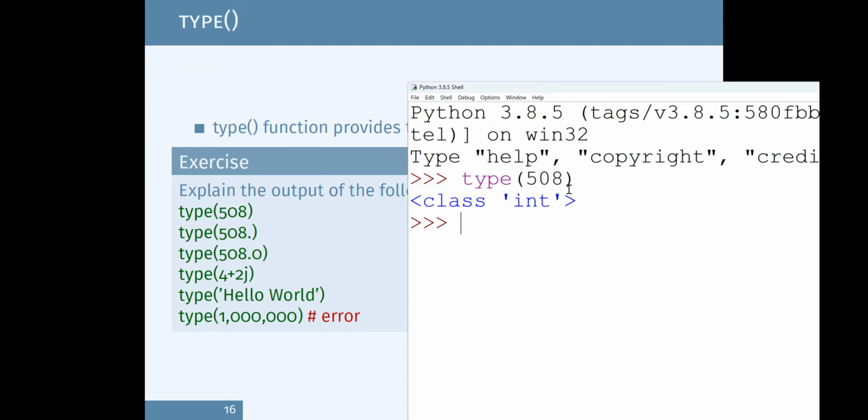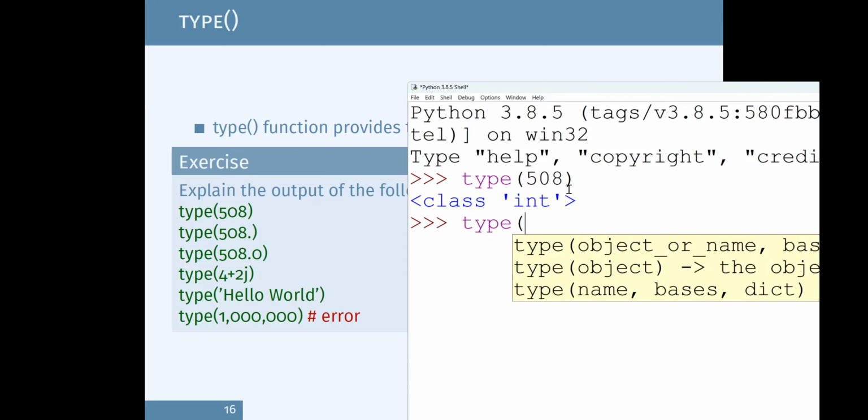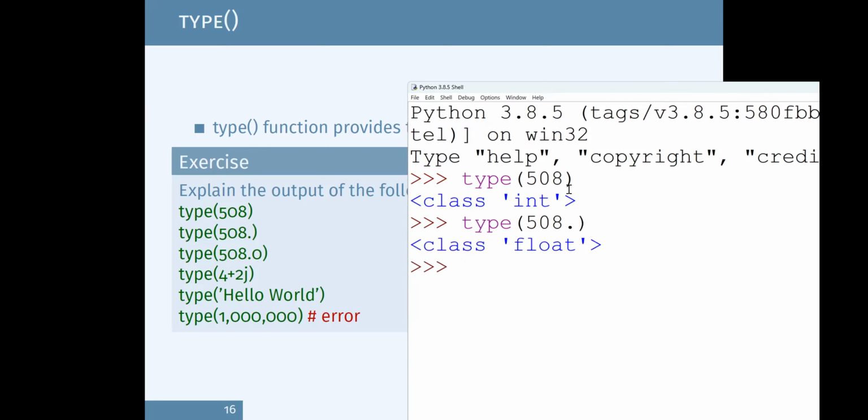All the data types available in Python are classes, which I think we discussed in the previous module. But as soon as you put a decimal point, this becomes a floating point number. Remember, you don't even need a number after the decimal point. When you have a decimal point, Python considers this a floating point number.